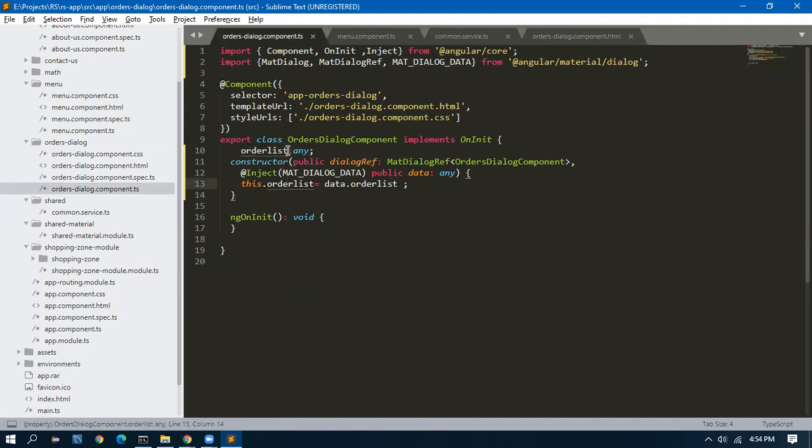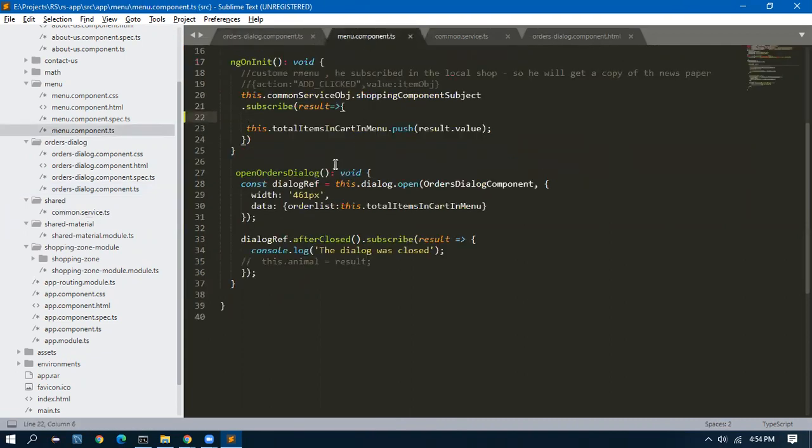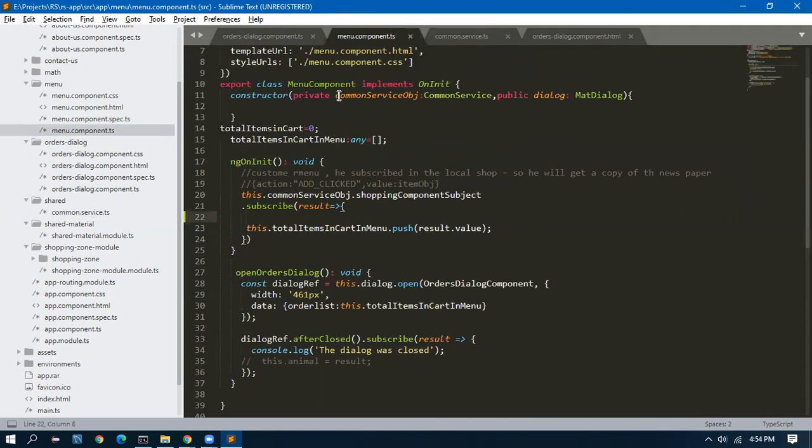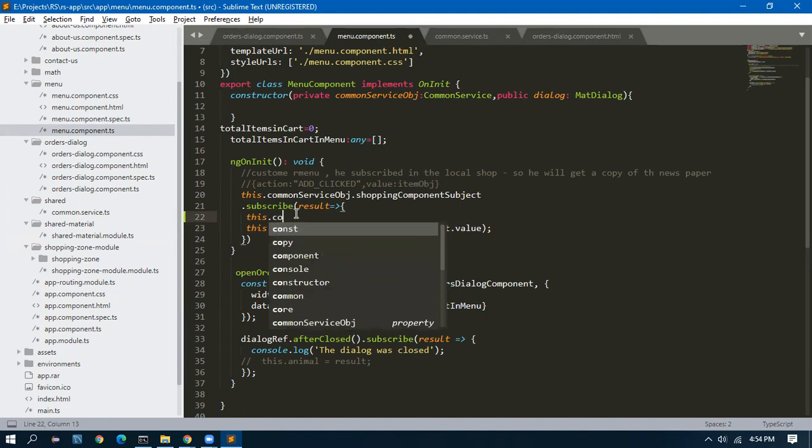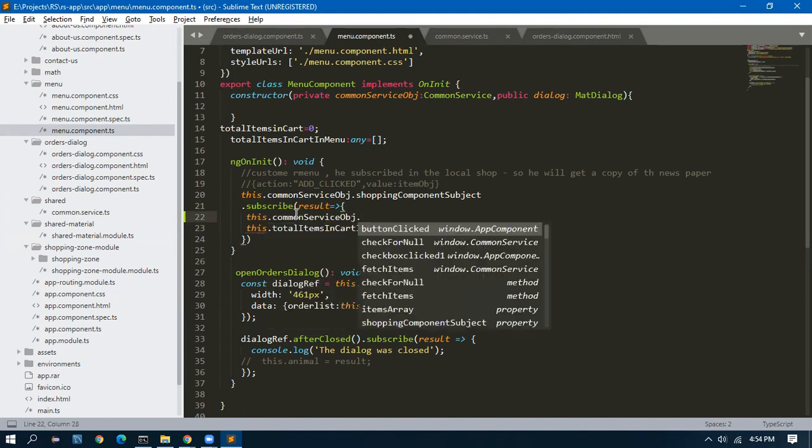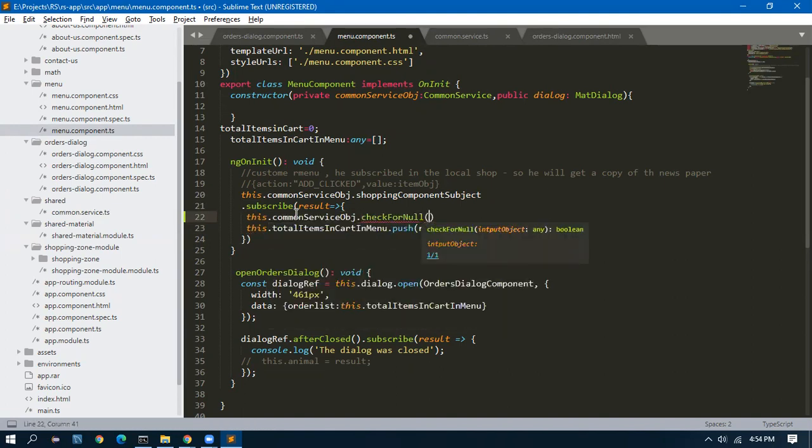For this, I should have the common service injected. I have access to the common service. Before adding to the array, I will do a null check. So this dot common service dot check for null. I will pass the object, whatever I'm getting, to that check for null method.